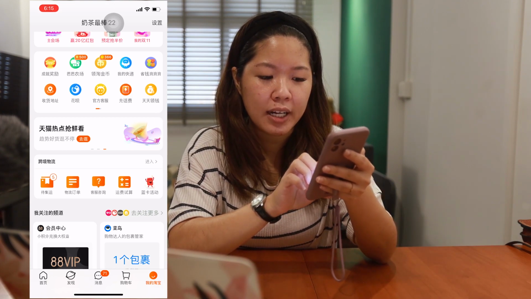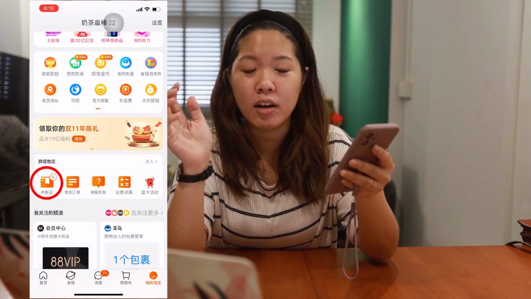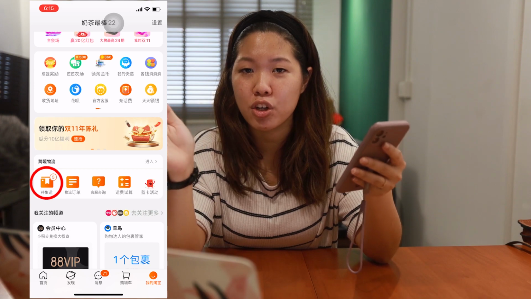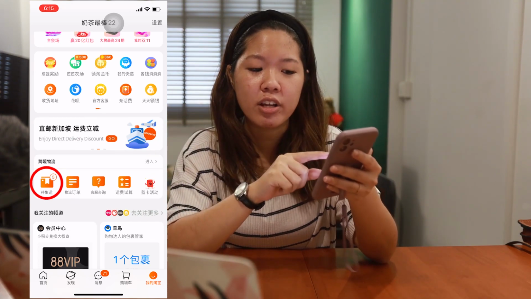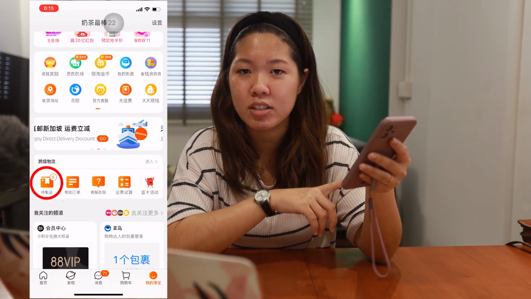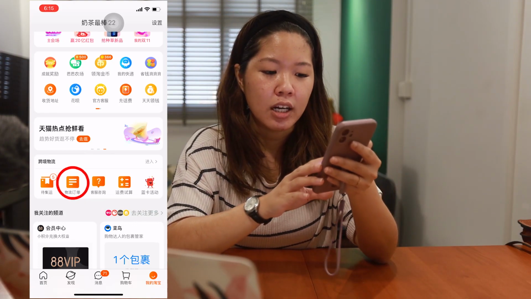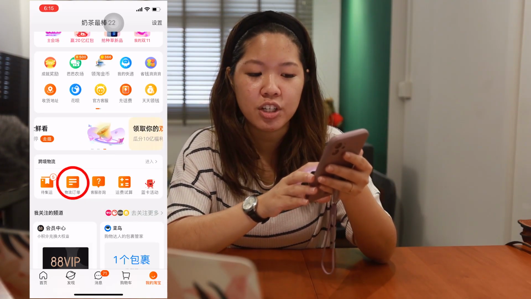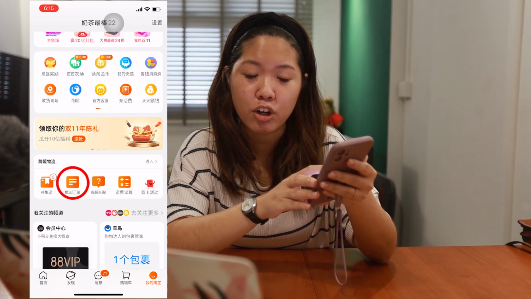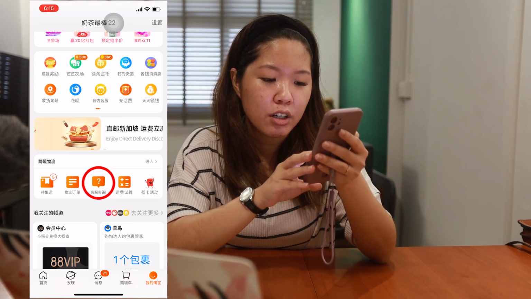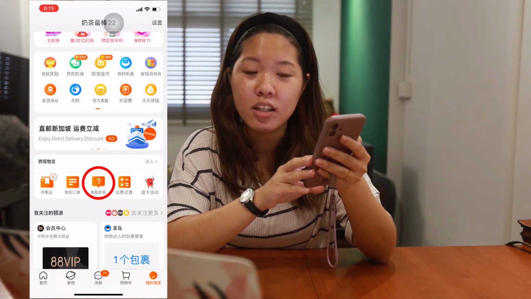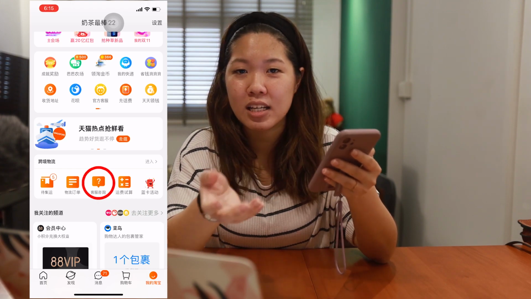So the first one, 待机运, is what items that are waiting to be consolidated and sent out. I currently have 5 items in 菜鸟 warehouse that's waiting to be shipped out. 物流订单, that's just your order number and your order details. 客服 something, is basically to ask